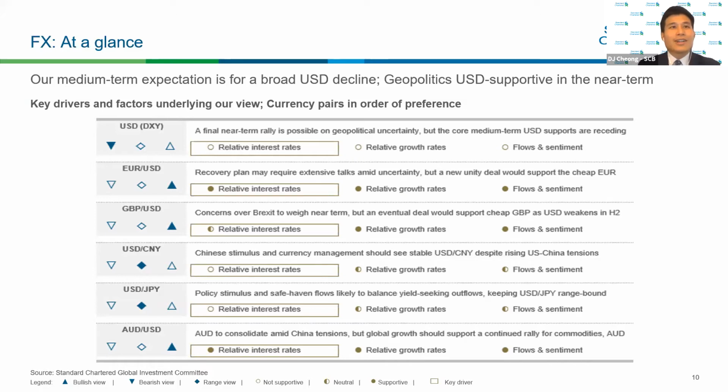As Abhilash pointed out earlier, we are living in a world with elevated uncertainty, given the ongoing COVID-19 pandemic and also rising geopolitical tensions. As business owners, I understand that FX is probably a crucial component to your business, and I will spend the next 10 to 15 minutes covering our FX views, focusing on a few currencies. Now, if we move on to the next slide,